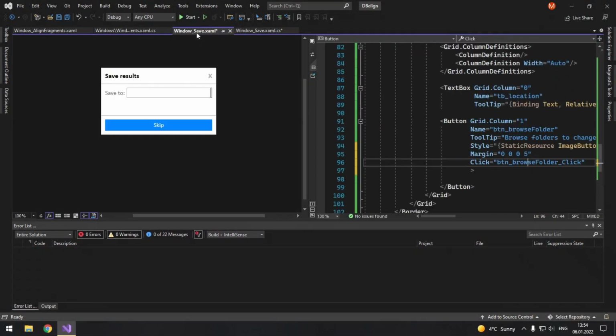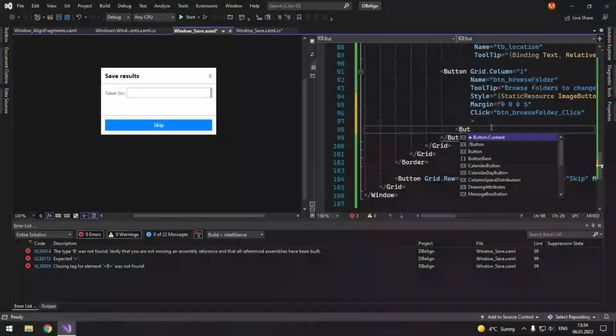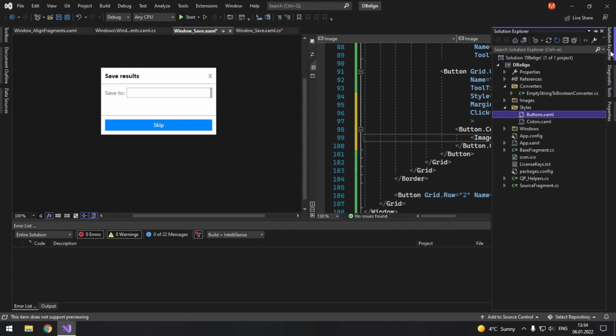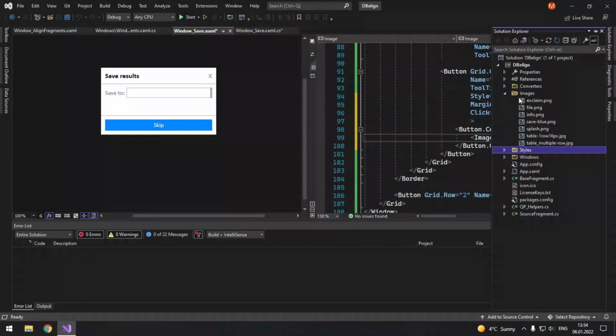Now back to our UI, we will add content to this button, and we will put an image here, and we need to import another image. Again, you can get it from my GitHub repository.